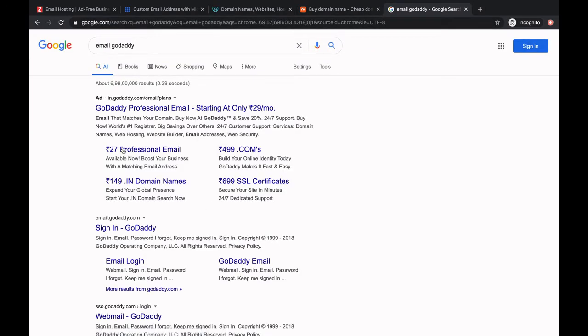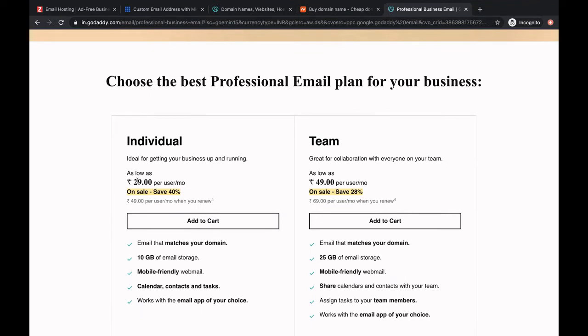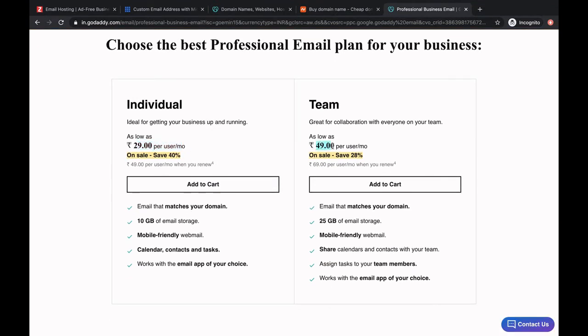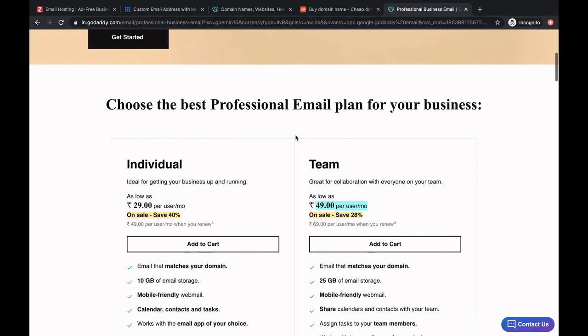So here you can see the pricing is starting at only 29 rupees per user per month, but the team subscription is 49 rupees per user per month. And again, when you look at the yearly subscription, it will come out to be more than 2000 rupees or so. So most of the service providers have options, but you've got to shell out some money to get that.